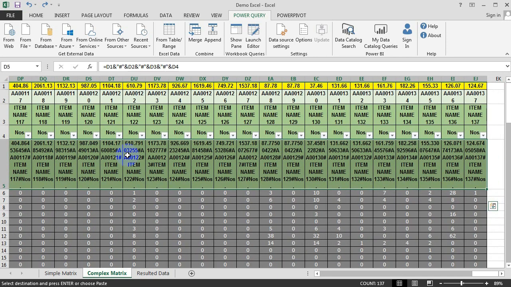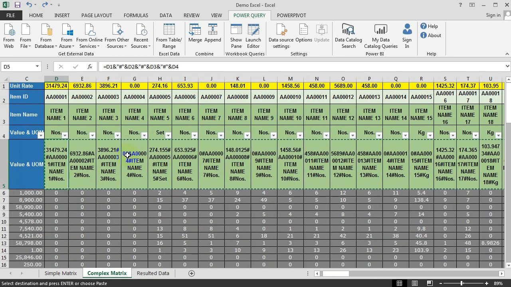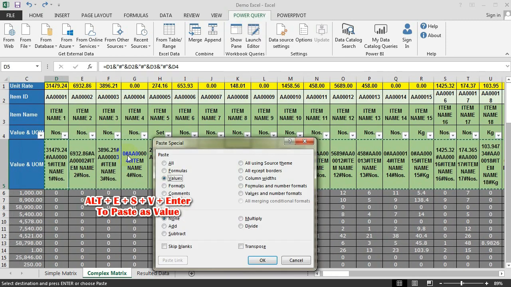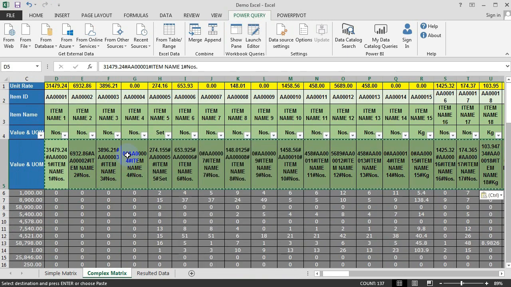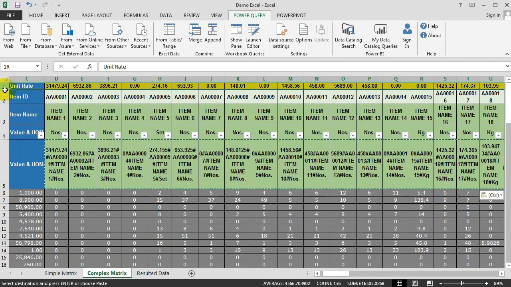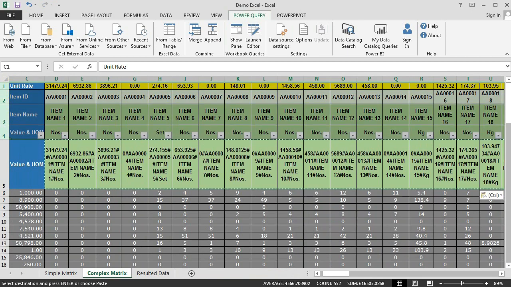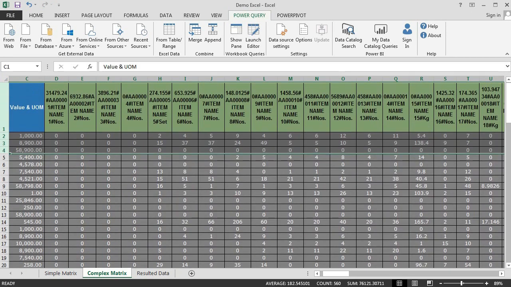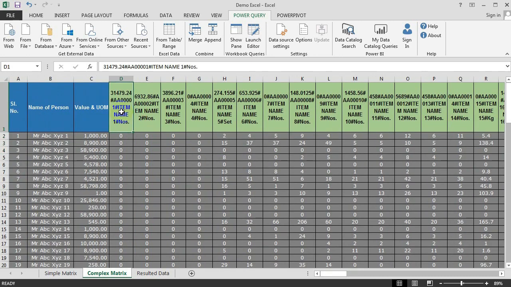Select the range, Ctrl C, again come here and Alt E S V, enter, and this is paste as value. Now I can delete these 4 rows. Yes. So I get my required data for the transpose process.